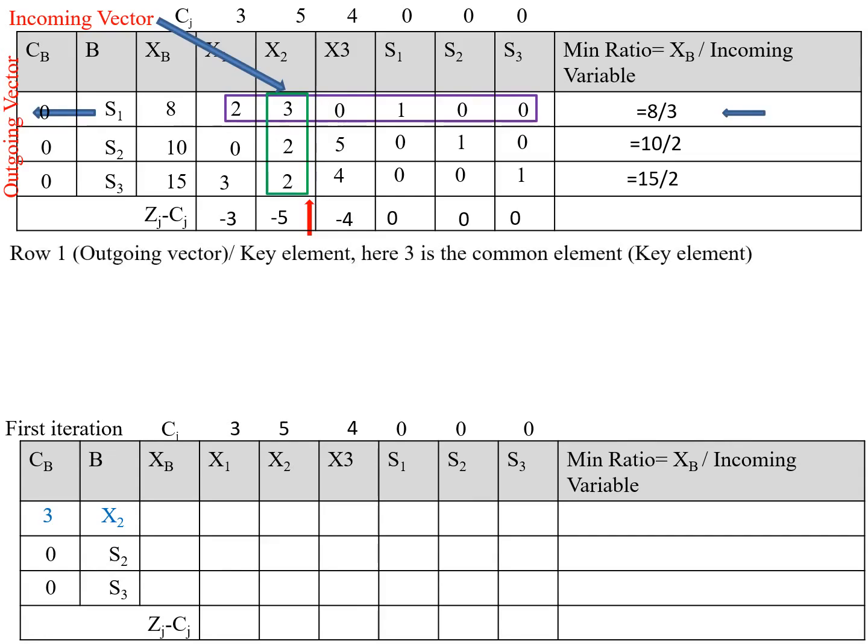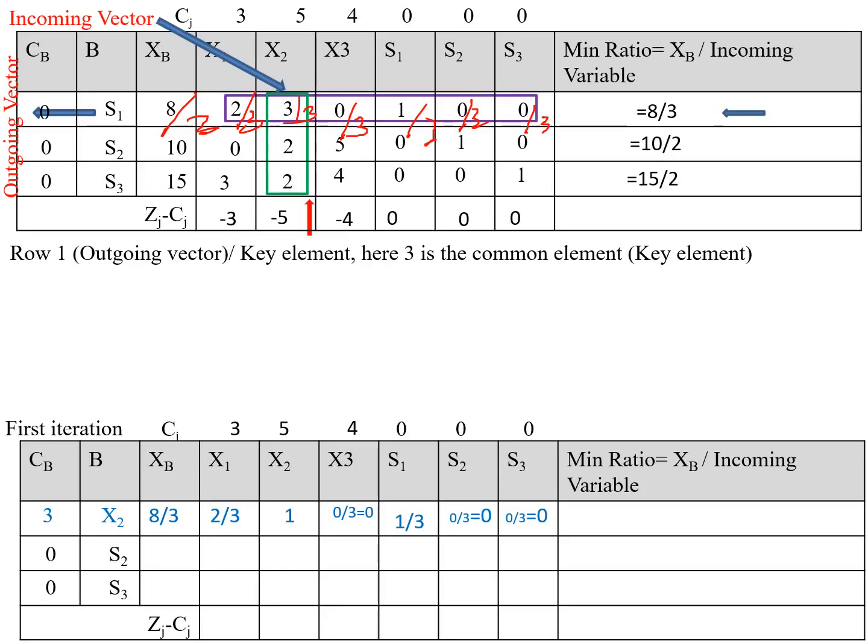Next to modify row 1, that is outgoing vector divided by the key element. Here 3 is the key element. Then row 1 will become 8 by 3, 2 by 3 and 3 by 3 will become 1, 0 by 3 is 0, next 1 by 3, 0 by 3 is 0, 0 by 3 is